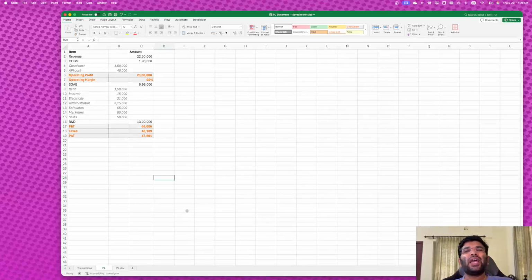In this example, we haven't considered items like debt. Let's say the company has taken a bank loan and it needs to pay back the interest. We haven't considered those complex issues in this episode. We'll look into it in a later episode. In the next episode, we'll have a look at a balance sheet because PAT from the P&L statement will go to your balance sheet as retained earnings or dividends, as the case may be. We'll discuss that in detail